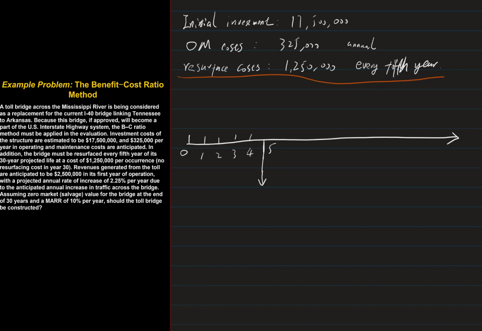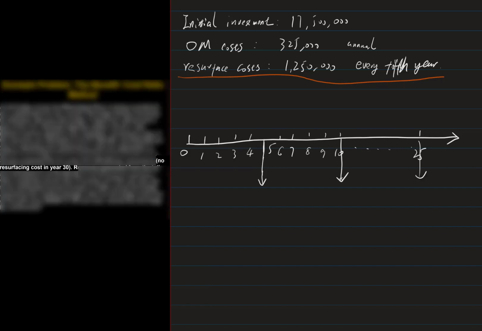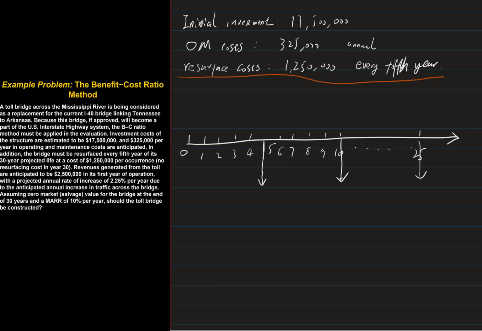So the 5th year, we have the payment here, and 6, 7, 8, 9, 10, and we have another payment, and this will continue until the 25th year. Remember, in the problem, it says the resurface cost is not counted at the year 30, so we can just stop at year 25. So the trick is to flatten this 5th year payment, this arrow,